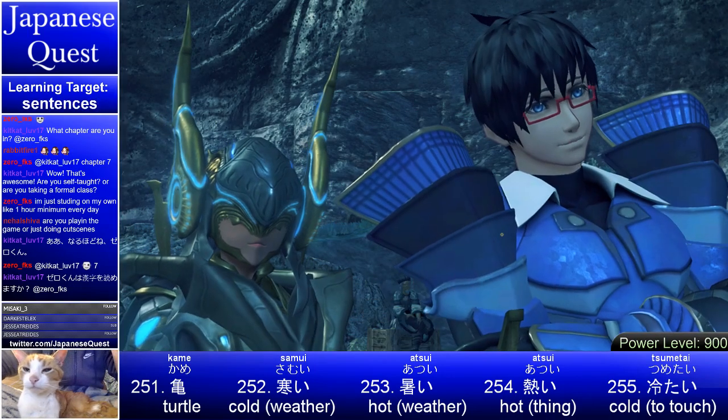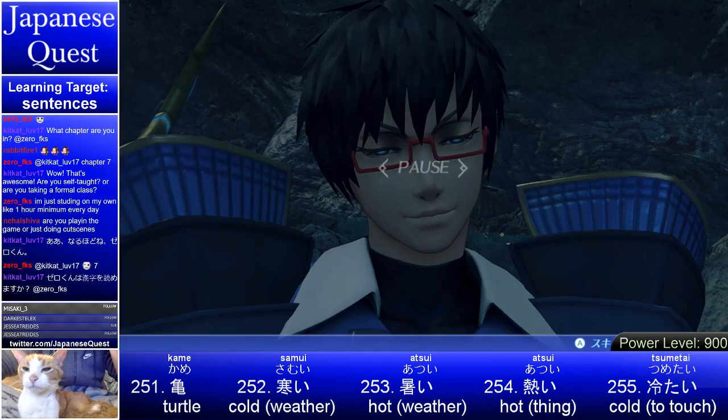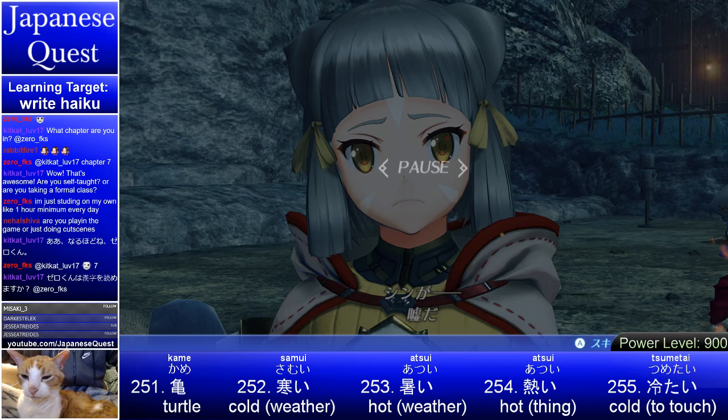Imi. So imi means meaning. Do you understand the meaning? Imi. Wakarimasu ka? Uso. Uso. In the really dramatic scene in